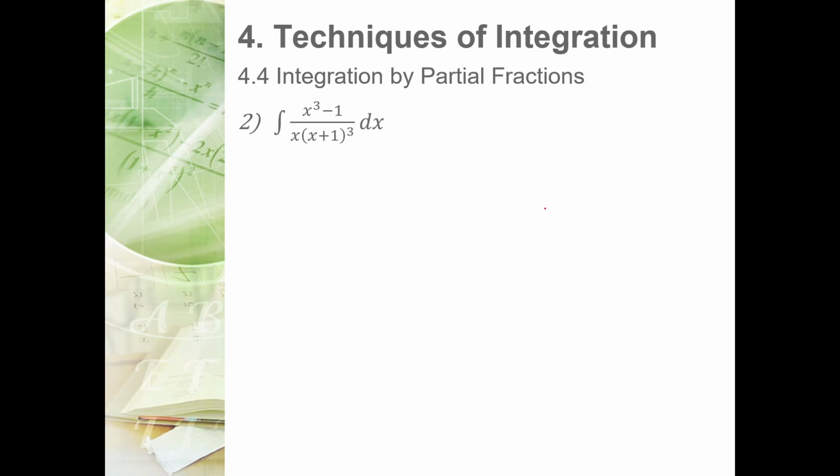Okay, so let's proceed with the next example. Looking at your equation, the denominator can be fully factored into this equation. So you have x. As you can see, you have a repeated factor, right? Repeated. You have 3x plus 1. Okay, so repeated. And you have one distinct linear factor. So again,